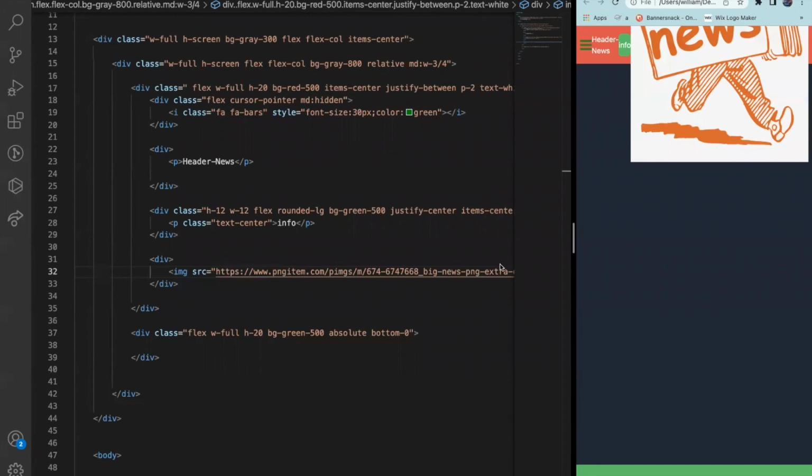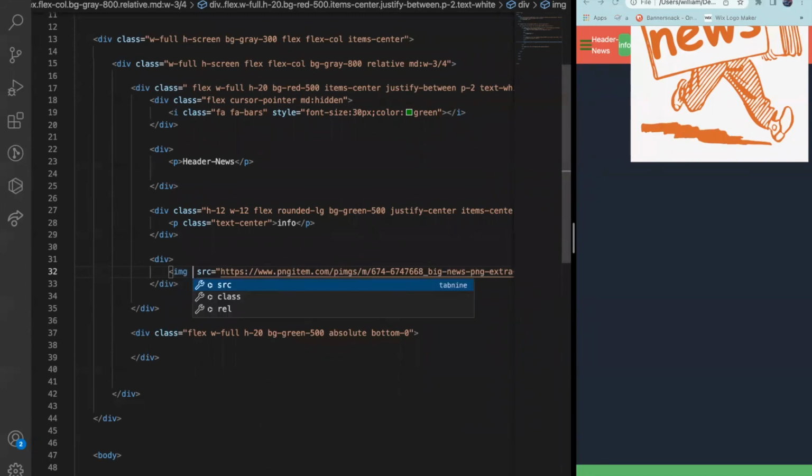Okay, so we have a very big image. We need to style it, make it smaller. So what are we going to do? The image can have a class. Okay. So let's give it a